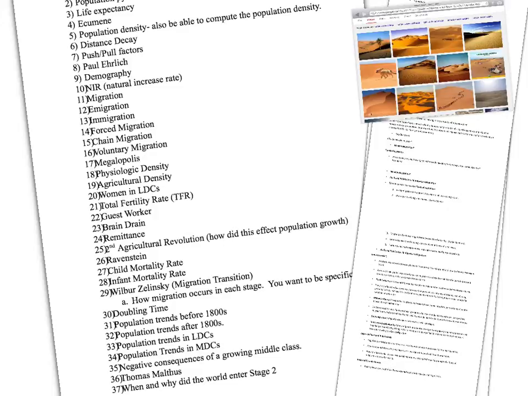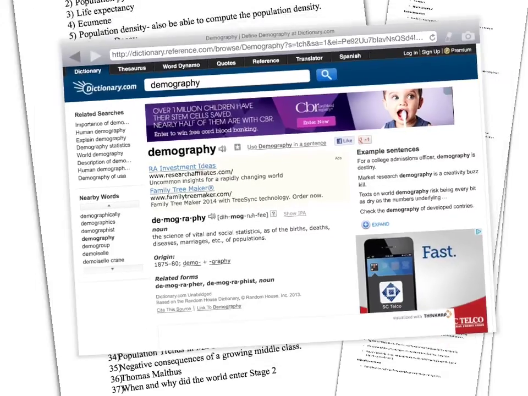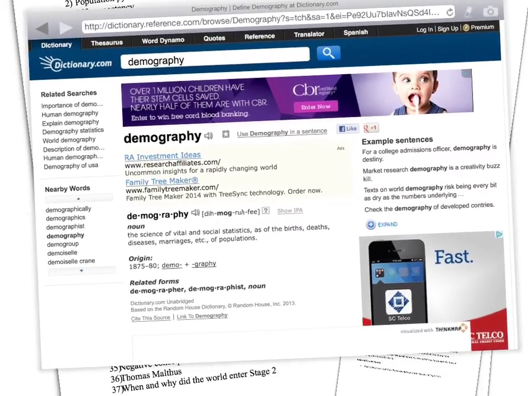We also looked at demography. Demography is defined in the book as well. I want you guys to know it's more than just a study of population. So demography, according to dictionary.com, is the science of vital social statistics, as of births, deaths, diseases, marriages, etc. of populations. I'll give you an even simpler, more narrowed down version of what demography is than that: the scientific study of population characteristics. This is how it's defined in your book on page 75. That's a straight up definition of